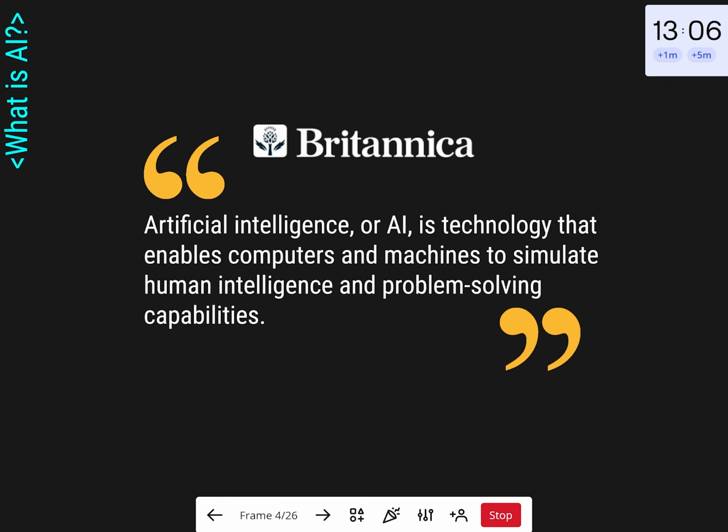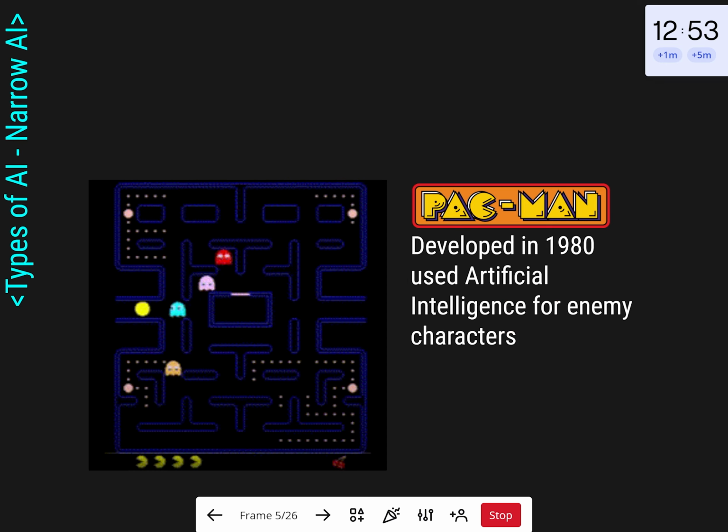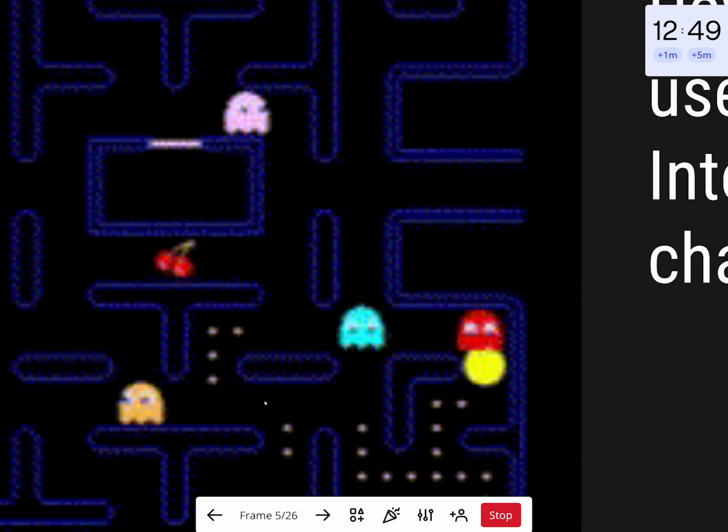So the definition of AI is basically that it enables computers and machines to simulate human intelligence and for problem solving. This is what we're hoping for in architecture. A good example of AI is in video games. Like if you look here,